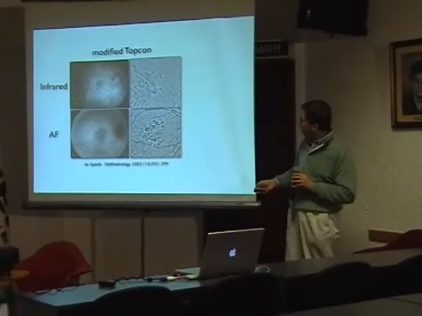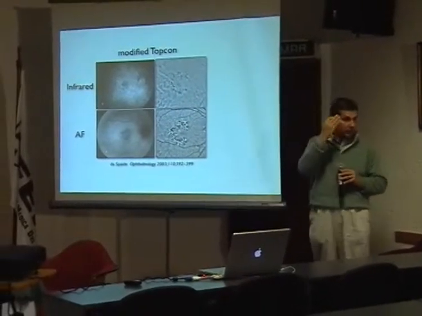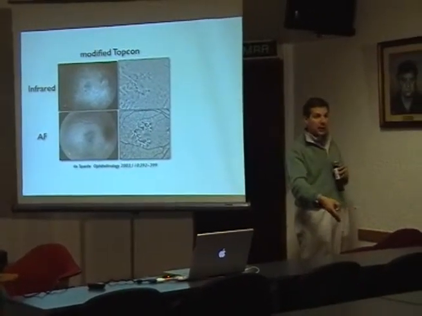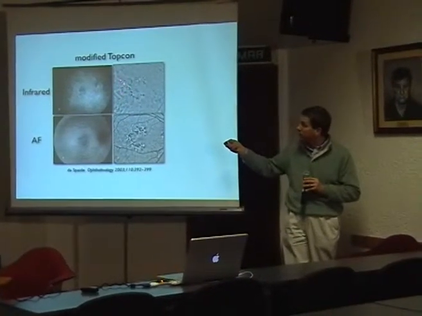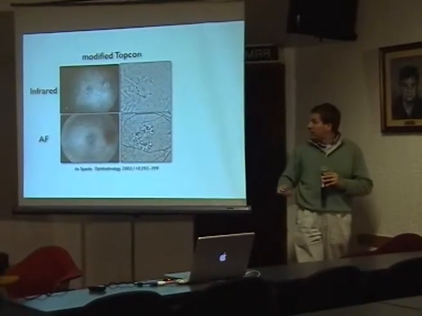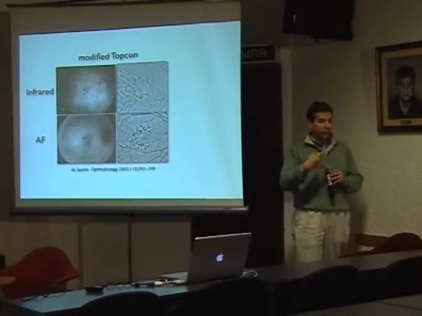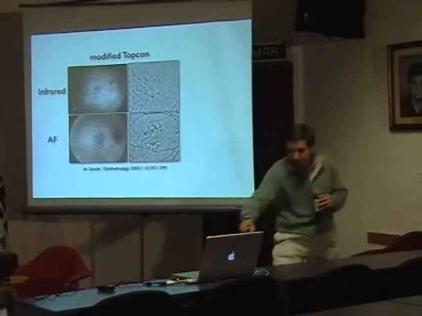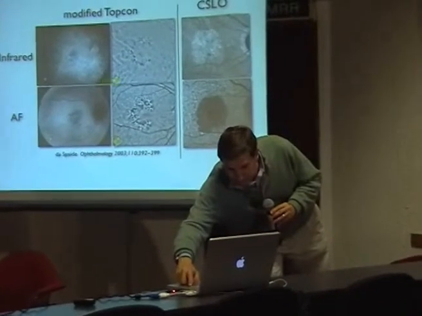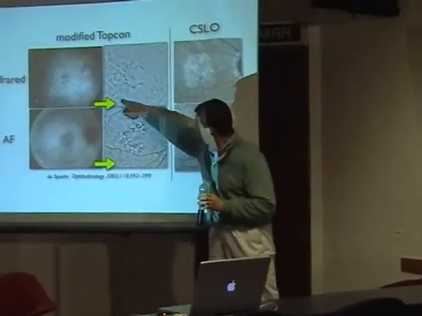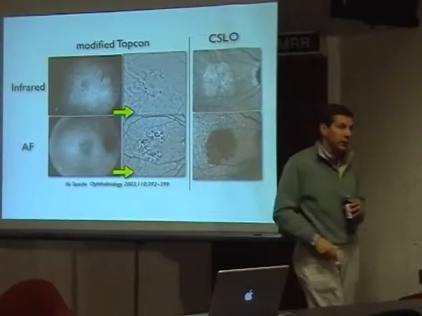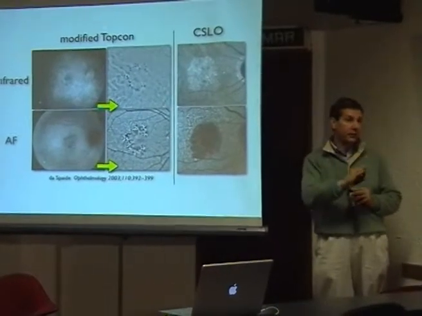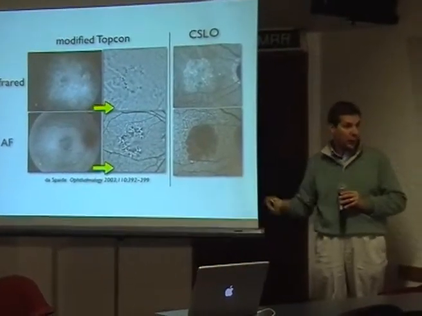Now, if you look carefully, this is an infrared image, and you can imagine that the infrared image can go through the RPE, and so you can visualize all the choroidal vessels. Now, I would not expect to see in an autofluorescent image choroidal vessels, like here, for example, these two. This one is visible also here. So it means that at least we are not collecting the fluorescence that comes only from the RPE, or that